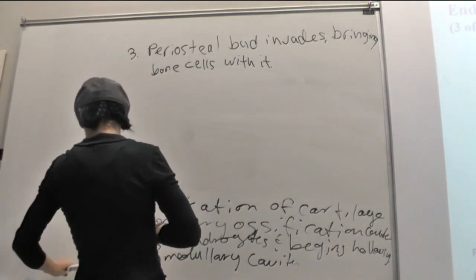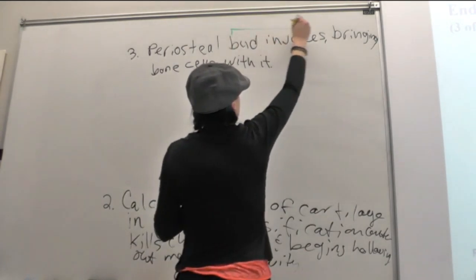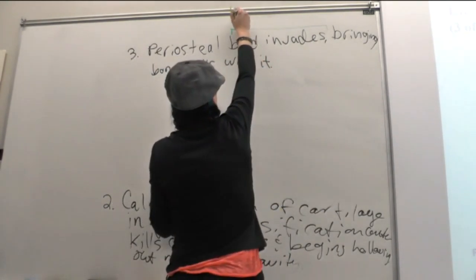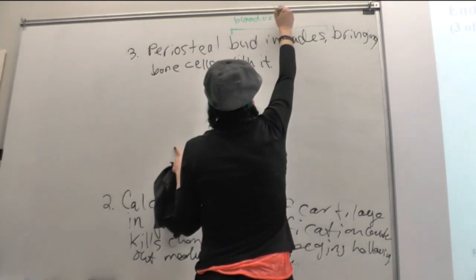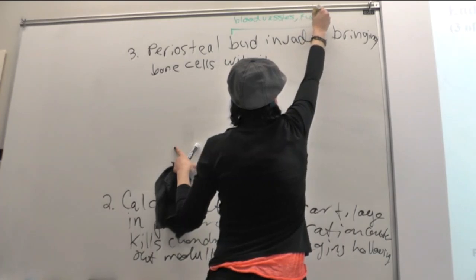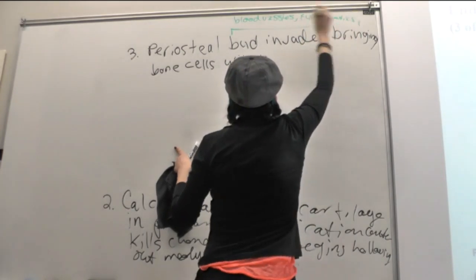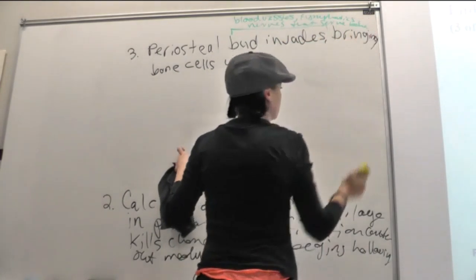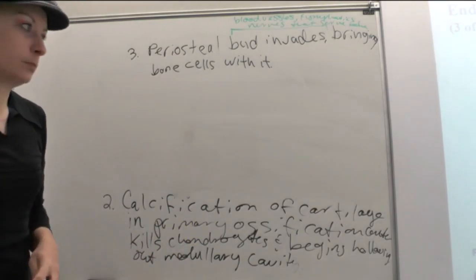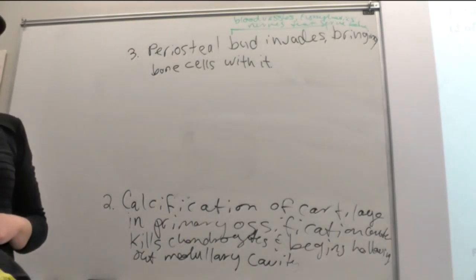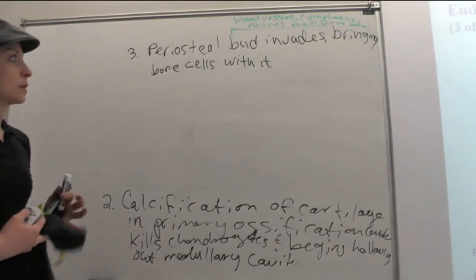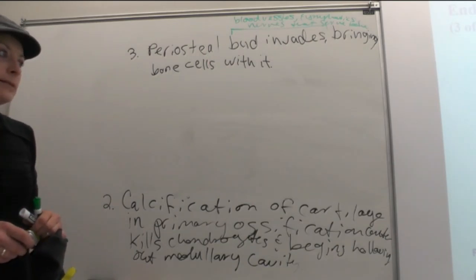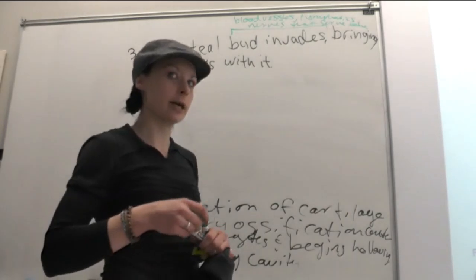And then if we want to know what a periosteal bud is, it's just this group of organs that are coming in to serve the bone. It contains the blood vessels, lymphatics, and nerves that serve the bone. So now that we bring in this bone, we can start replacing those spaces and filling it with bone